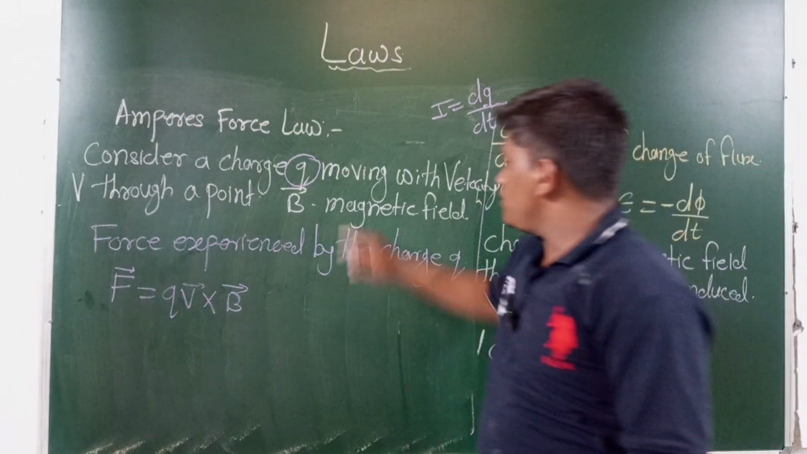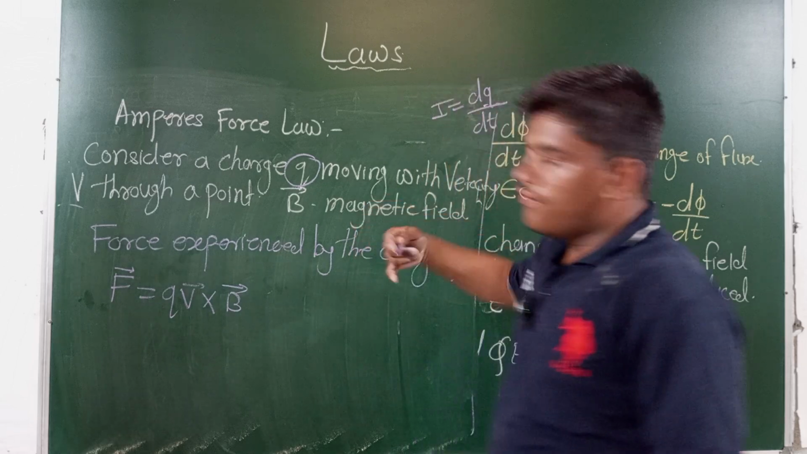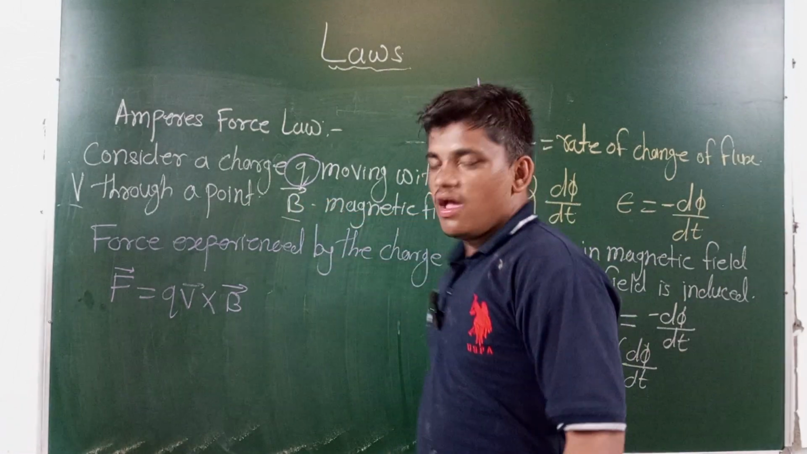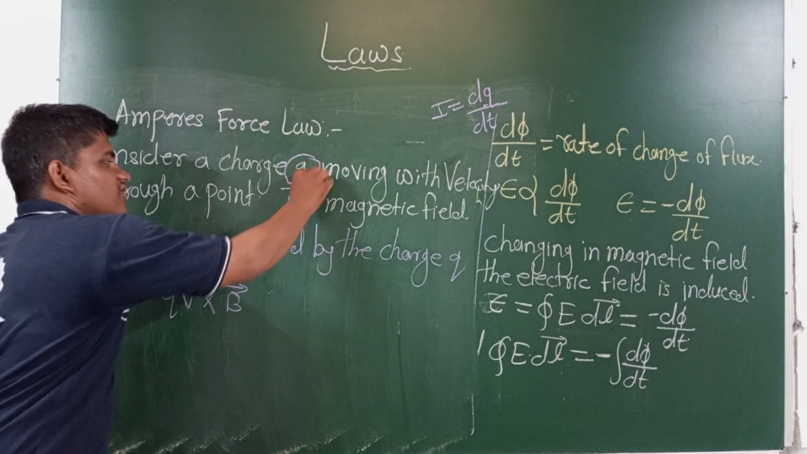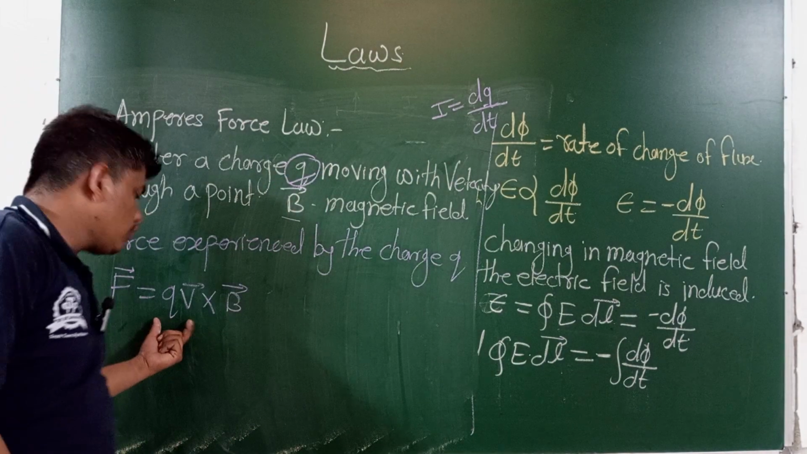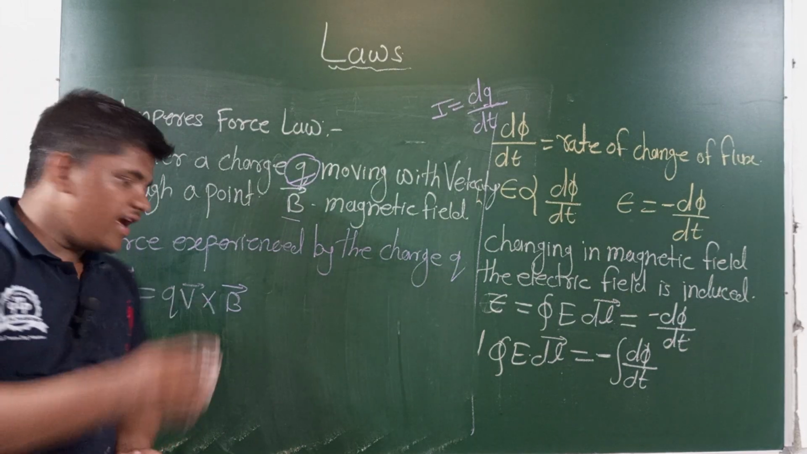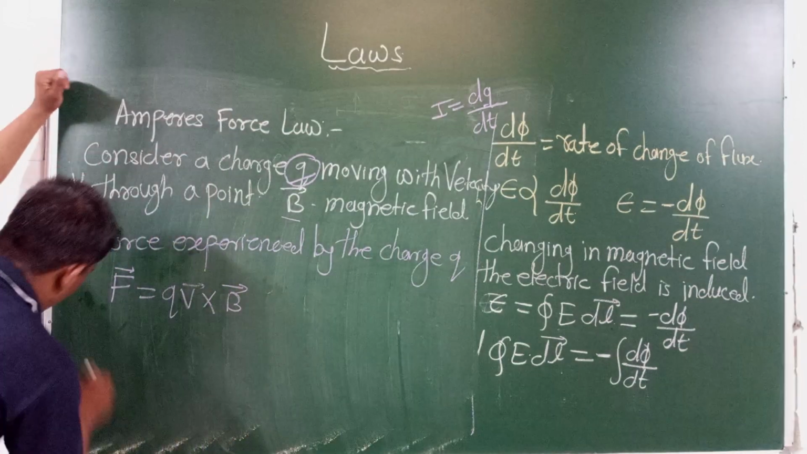A charge Q is moving with the velocity V through a point, and they produce some magnetic field induction, that is B bar, and the force experienced by that particle or that charge Q is F is equal to Q into V cross B. Then the force experienced by the small charge